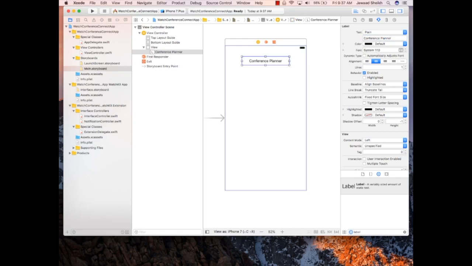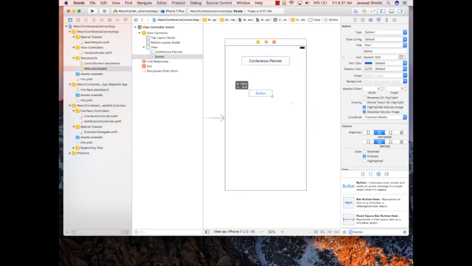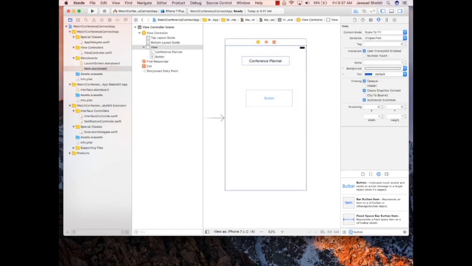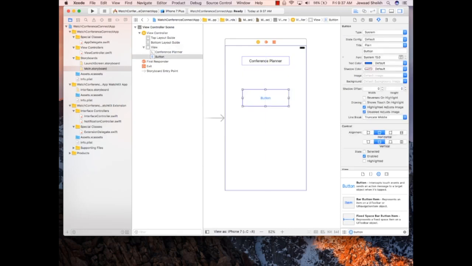And we'll add 3 buttons here. Now, only one button will be functional for this application, for this video. And of course, the reason I put the other buttons is to give you ideas to how you can expand this app. So we'll start with program. The conference program or schedule or whatever you want to call it. Then we have,